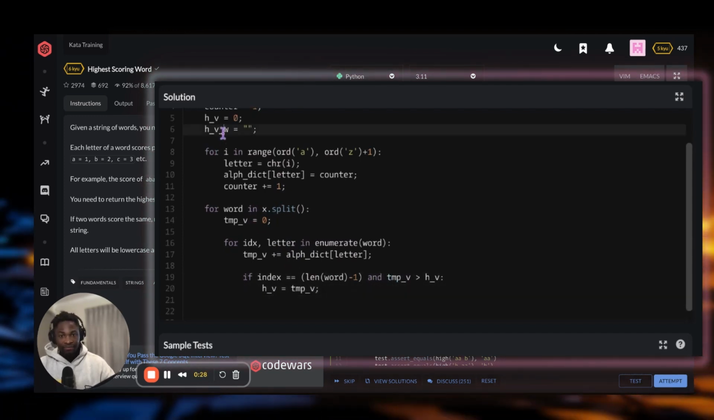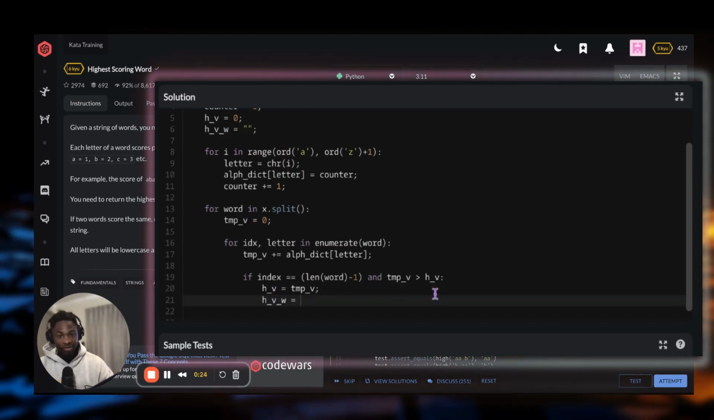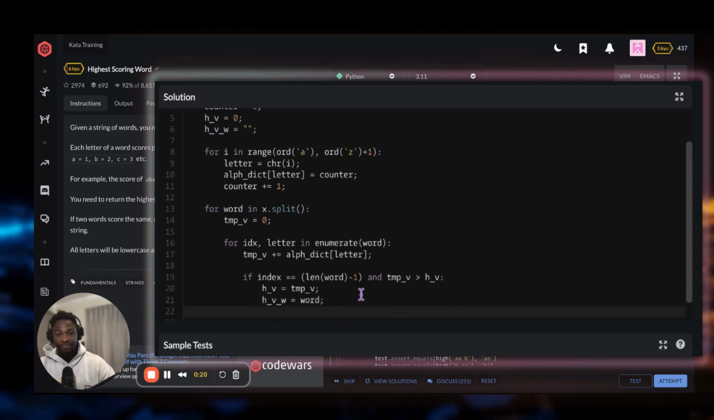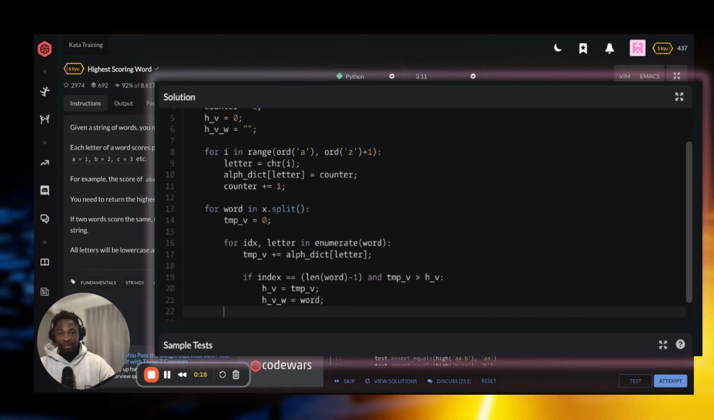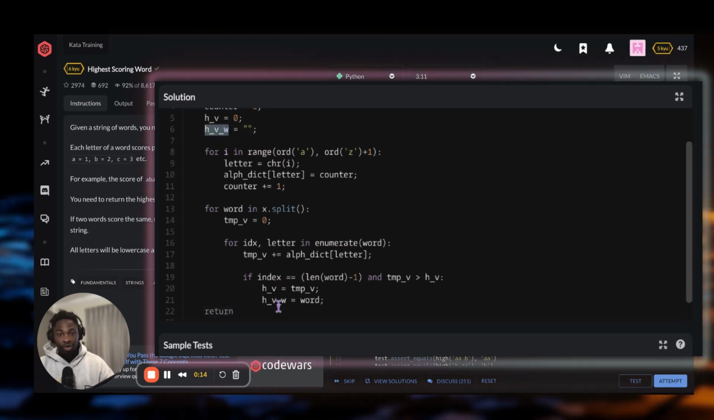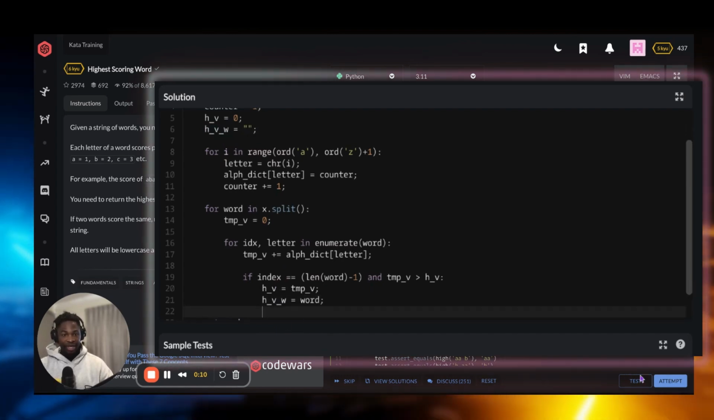And then we now want to also add the word with the highest value, which we can then assign to this variable here. And finally, we return the word with the highest scoring value, like so. And if we attempt